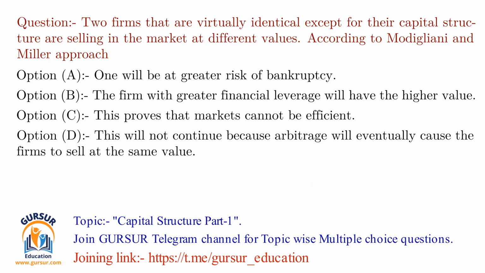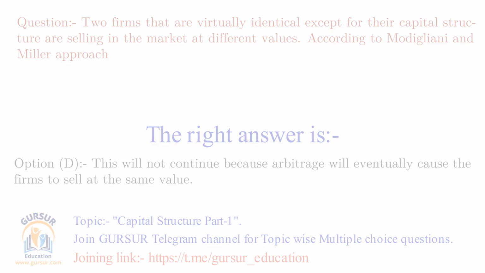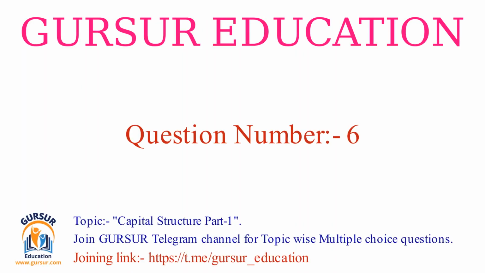So the right answer of this question is option D, and that is this will not continue because arbitrage will eventually cause the firms to sell at the same value. So now we move next. The question number 6 is